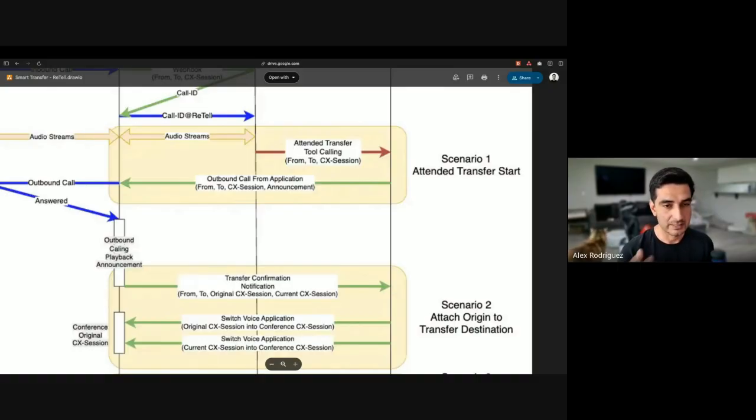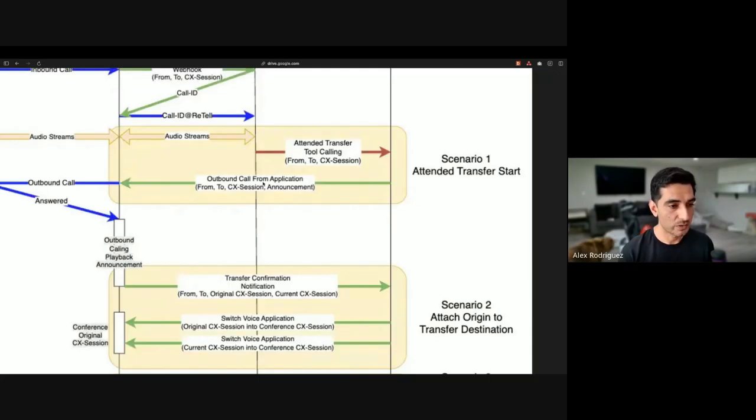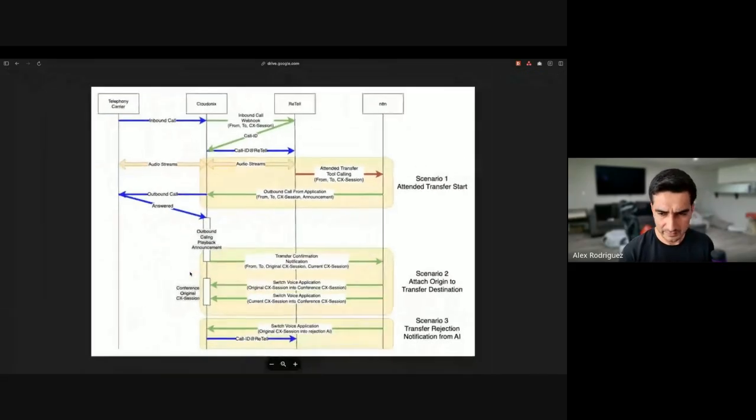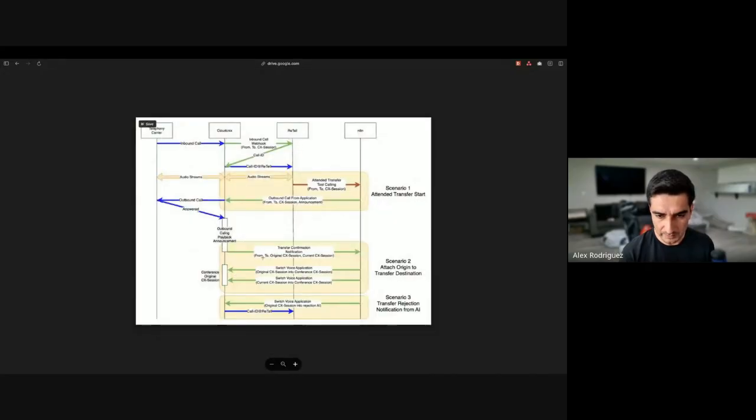The agent is going to say, okay, you want to speak to Mike? Great. We're going to trigger this function here, which all that's going to do is trigger an outbound call over to Mike. The agent will speak to Mike and say, press 1 to accept this call, or whatever that may be. Once that call is accepted, then we are going to essentially pass over the Cloudonix session ID, and then basically we're going to create a conference call between the caller, the agent, and Mike, as an example. And then once that's done, the agent drops off, and then Mike and the caller end up speaking together. Does that make sense? Hopefully I explained that right.